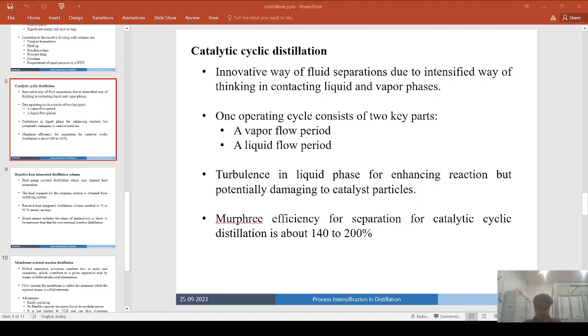So it has a very narrow range. The range of applicability, which is basically how beneficial it is for equilibrium limited reactions, is likely to be narrower than that of the conventional reactive distillation column. For example, with close boiling mixtures, that is basically to avoid a high pressure ratio in the rectifying and stripping sections,